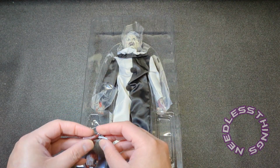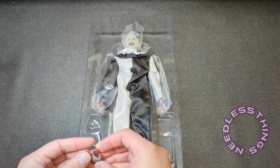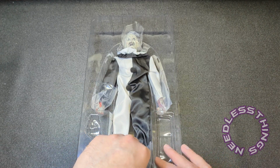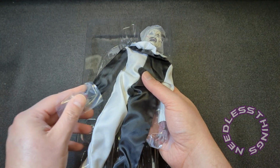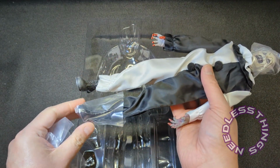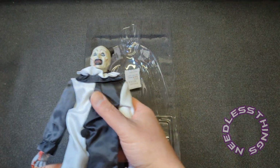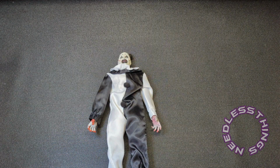Oh, I love this. Okay. Really good decisions being made right out of the box. Does he have anything holding him in? He doesn't. Oh, he feels... Look at these little plastic booties, little protective booties off of him. Oh, man, he feels good. He feels really sturdy and nice. Just, initial...